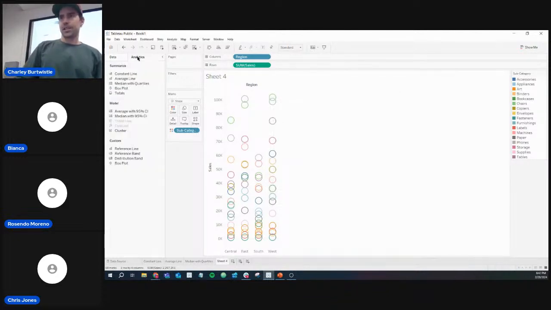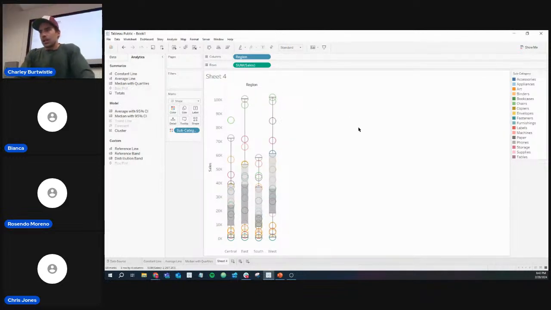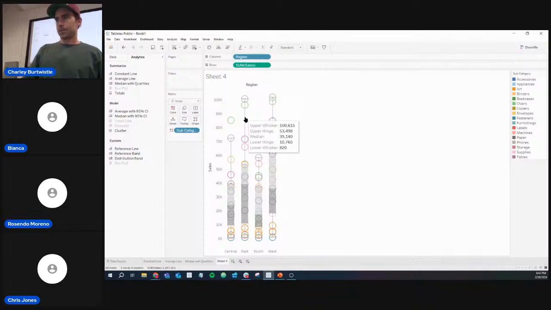So let's go back to our analytics tab and bring in the box plot and drop them in on cells. So this gives us, again, you can hover, actually this is kind of a good example of, there we go. If you hover over here, it gives you the median, upper hinge, lower hinge, which again is just your 25th percentile up and down for the median, and then upper whisker and lower whisker. If you click into that,